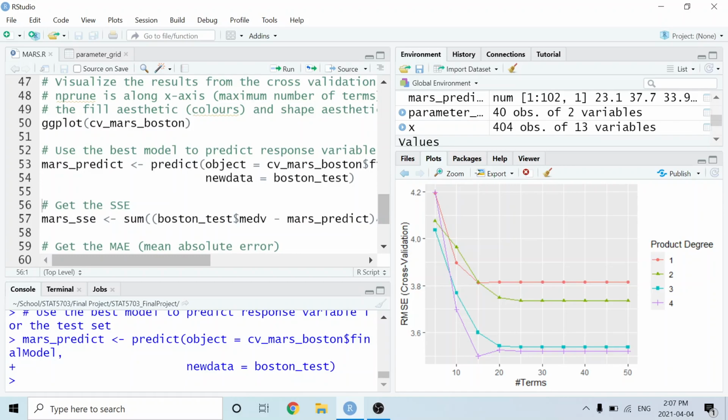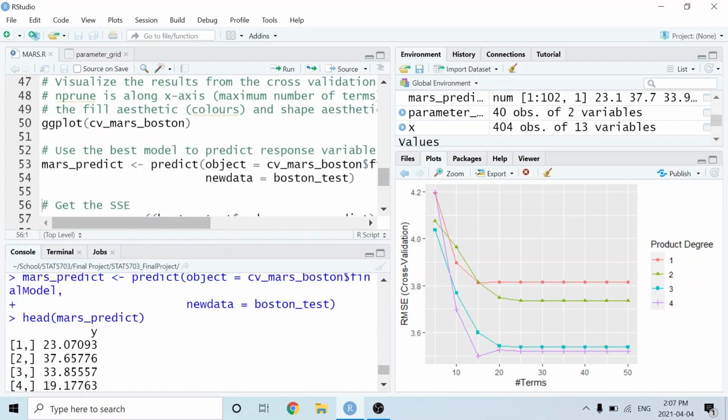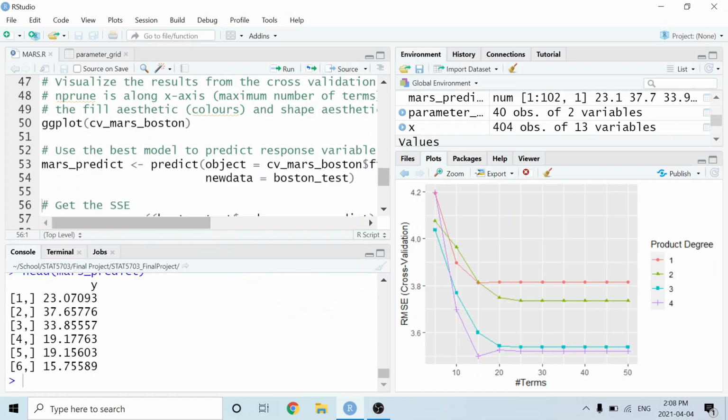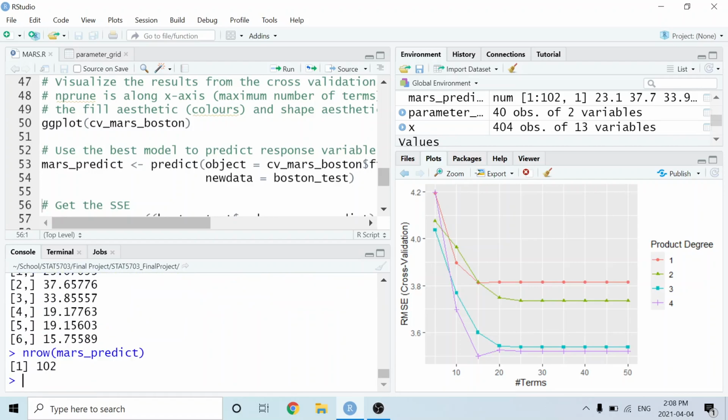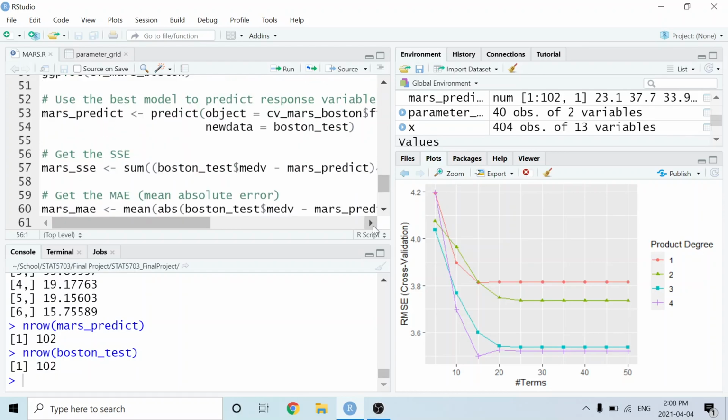If we take a look at Mars_predict, we can see that we've predicted the response variable for each of the observations in the reserved test set. We can see here that we had 102 observations that were predicted, and there were also 102 observations in our reserved test set. Once you have those predictions, you can use any of the performance metrics that you're used to using. So for example, we could compute the SSE. Remember, the SSE is the sum of squared errors.